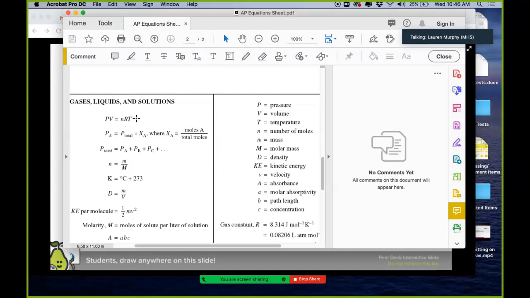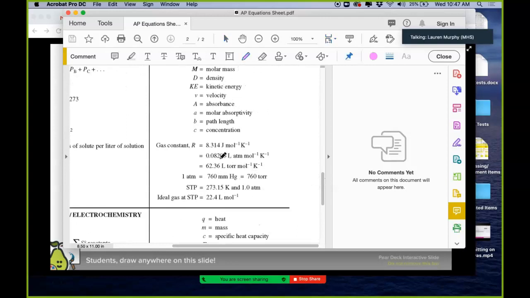Now, I need to mention two things. The volume in this has to be in liters, because all of our R constant units are in liters, and you don't have volumes on both sides. They've taken the combined gas law and made it relative to just one sample of gas for right now: pressure, volume, moles, temperature. And then if you look over here,